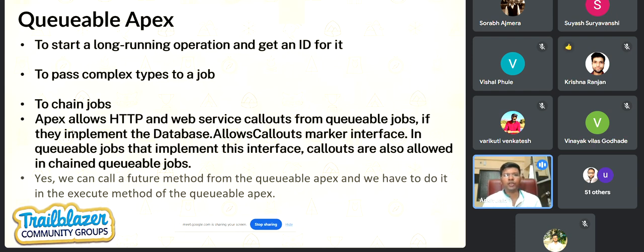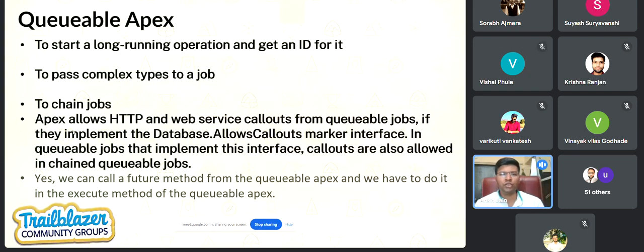Or suppose I go with Queueable, because I have a use case where I want to do more chaining. From a field service perspective, you are first getting just the contact, from the contact you create a user, and from the user you again want to create a service resource. If that kind of complexity comes up where you need to chain, you could go with Queueable. If chaining is your use case, then go with Queueable.